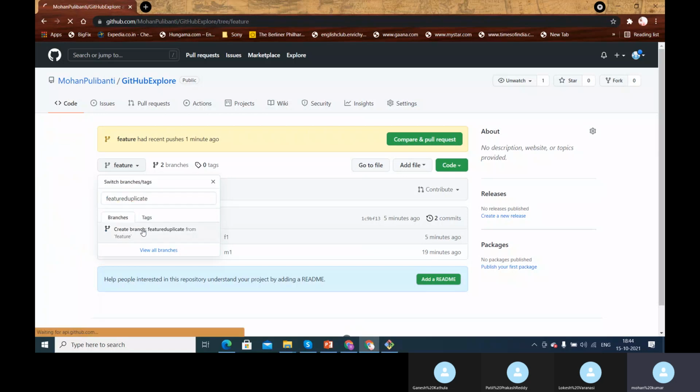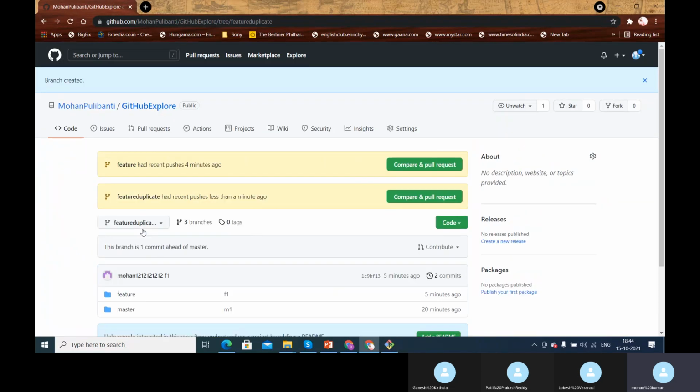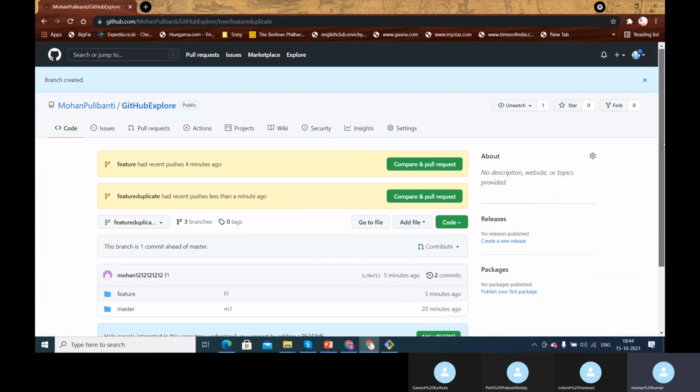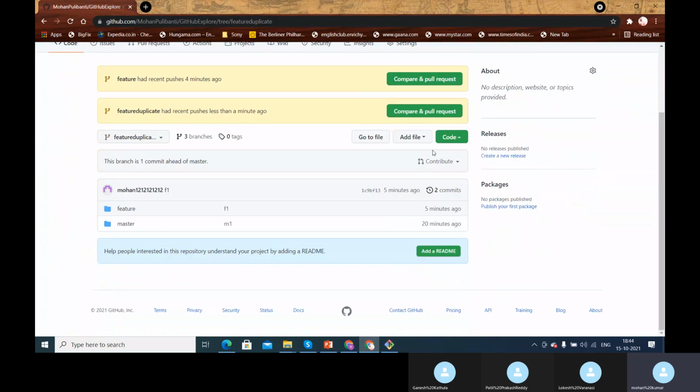I'm just clicking on this future duplicate and creating a new branch. And inside this new branch, I'm also creating a new file and I'll commit that. How to create a new file and commit it here: there is a drop down here, Add file.